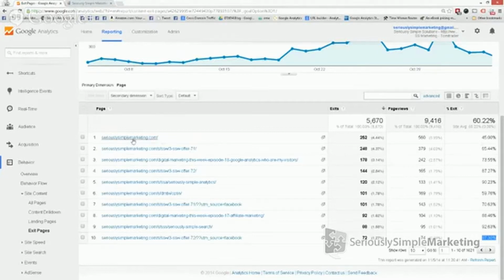Pages like the home page, where they've got lots of clicks on them, you would ideally want to have lower exit rates, because there should be a lot of other stuff for them to click on. But again, sometimes people just come back to the home page and they go, okay, I'm done. They might check out another blog post and decide they don't want to see anything else, so they move on.